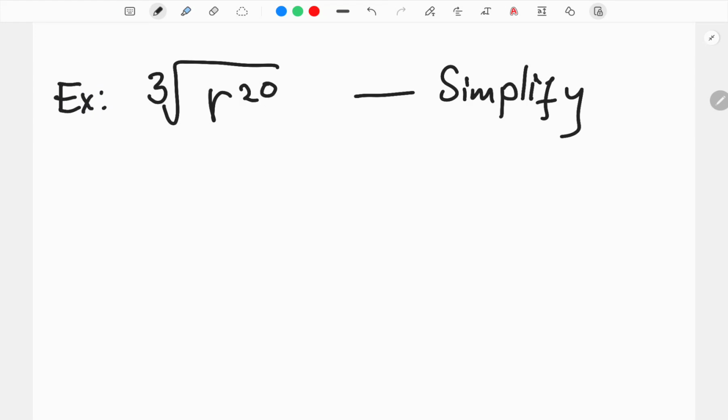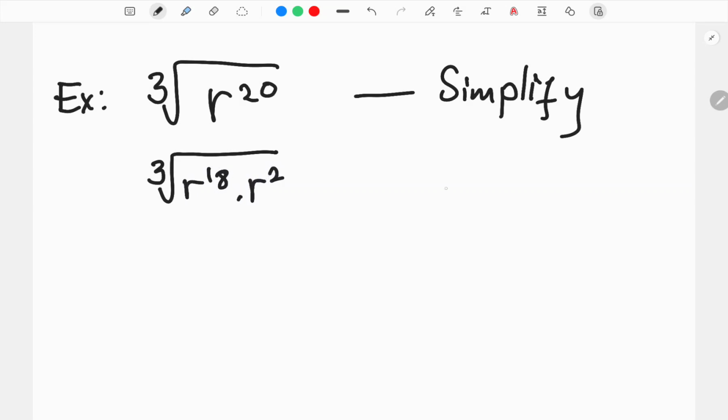We know that 20 is not divisible by 3, right? So is 20 divisible by 3? No. Let's subtract 1 from 20, which is 19. Is 19 divisible by 3? No. But 18 is divisible by 3. So we can change this to be the cube root of r to the 18 and then r to the